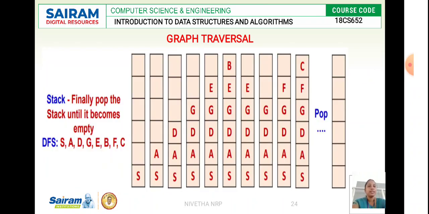So how do we insert? Here we use a stack in DFS, whereas in BFS we use a queue. Initially you insert A, so TOS will be at A, then we traverse D, so your TOS is incremented and D is placed there. Next G again increments your TOS and you place G there. This is how you place all the elements, and when you pop, you can pop only at the top of the stack.